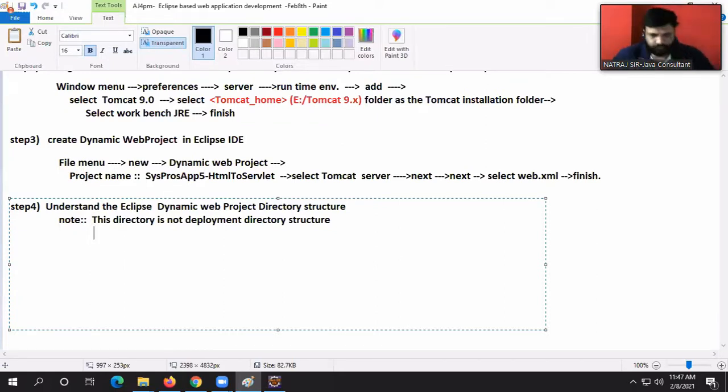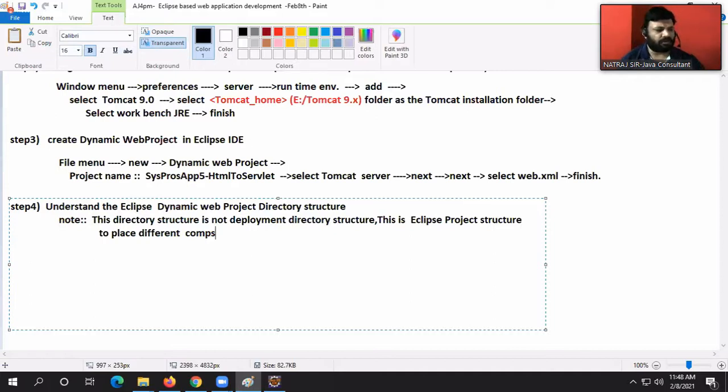Point 2: this is the Eclipse project structure to place different components.